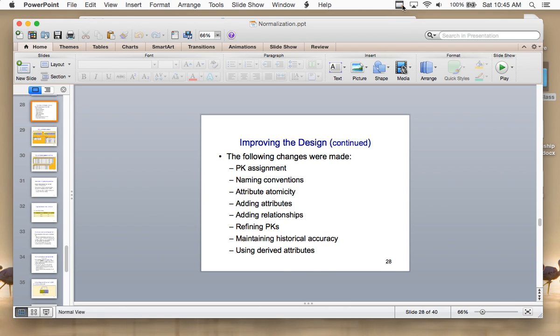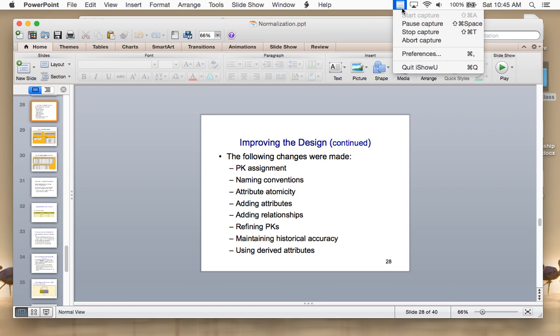Alright, so I'm going to end this video. And then next what we're going to do is assignment number 5 to translate. So we're going to go through an exercise that applies first, second, and third normal form translation, which is the start of the next